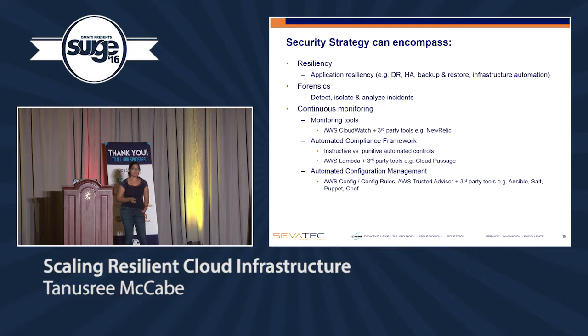From an AWS perspective, they have a neat service called AWS Config, if you're not already familiar with it, which will give you a dynamic inventory. And then you can do config rules, which will give you a way to use Lambda functions to monitor and remediate. And the interesting thing here is if you choose to use any of these tools as part of your strategy, remember earlier we talked about scalable, resilient, secure. You want to make sure you're doing those three goals for this type of tooling as well. So just to pick on AWS Config and config rules for an example, that is region specific. So if you're operating in a different region, you should have a way to automate the deployment of your config rules to the second region so you have the same type of compliance, that sort of thing.